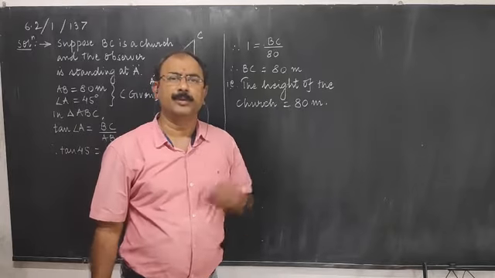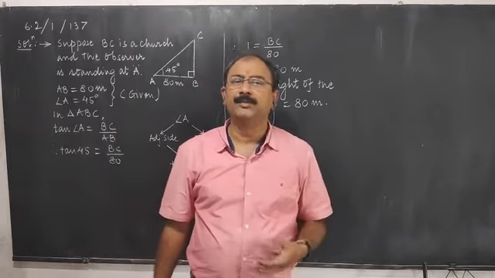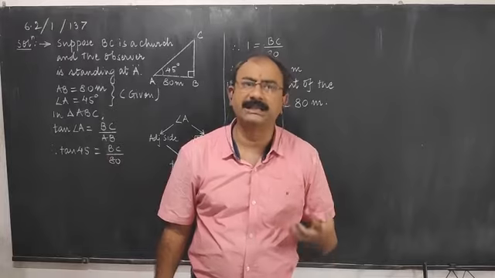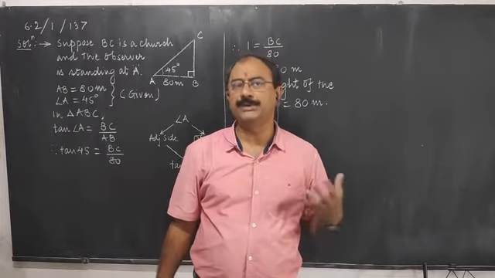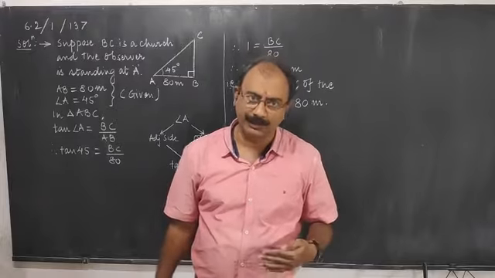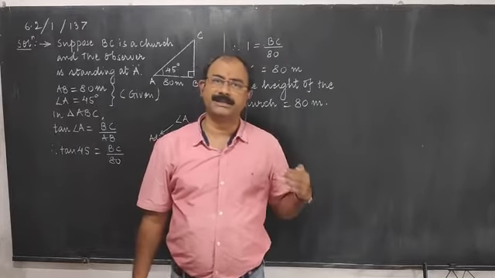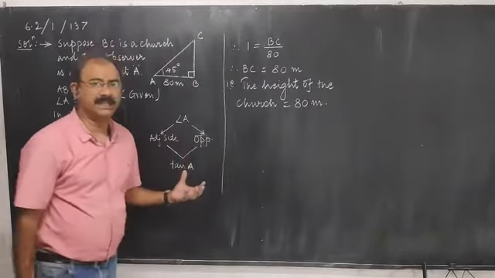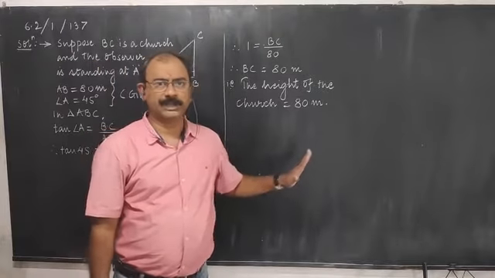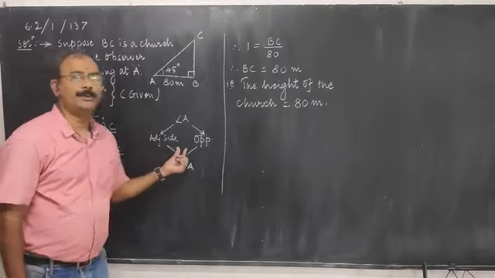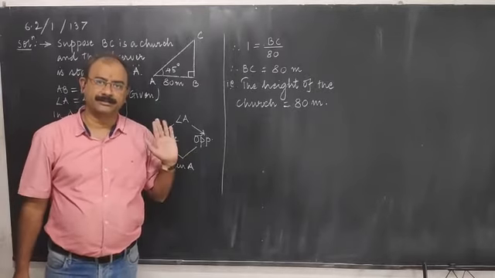So, this is a very simple example which will tell you how to take the decision of the trigonometric ratio. Which trigonometric ratio has to be applied? That decision can be taken very easily in this example. And believe me, in all the forthcoming examples, this will be the decision making pattern.